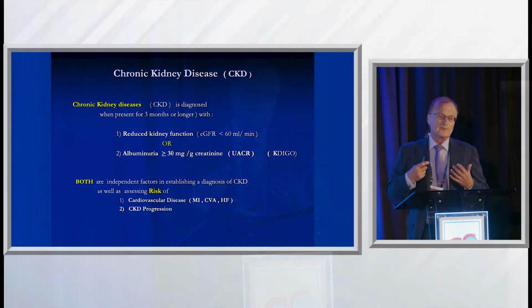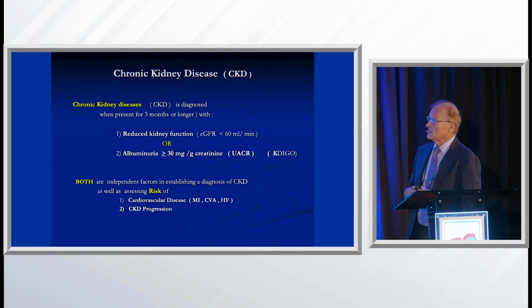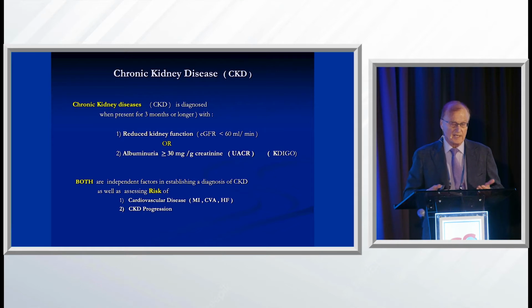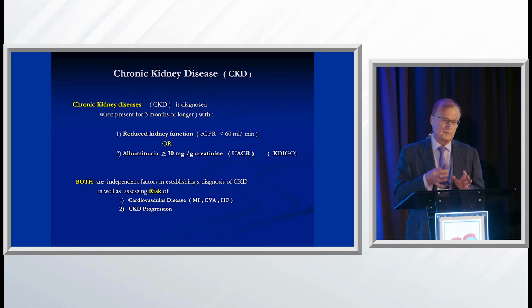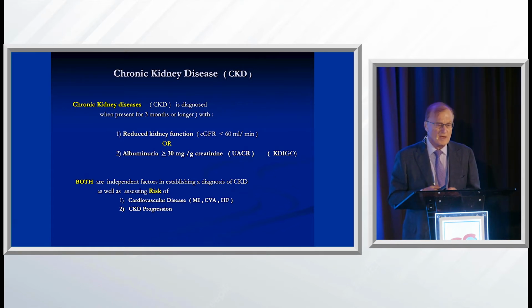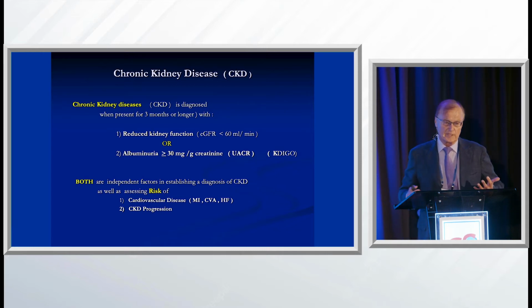I would not like to make nephrologists out of you today, but I would really like to give you an idea of what I think a non-nephrologist, in particular a cardiologist, needs to know. So first, every one of us knows that if your eGFR is less than 60 in a stable patient, they have CKD, and this needs to be present for essentially 3 months. So one time is no time, and you need to repeat it to make sure.